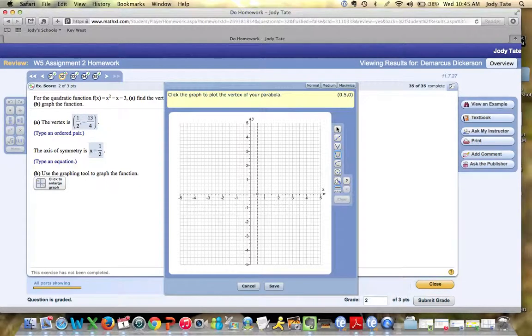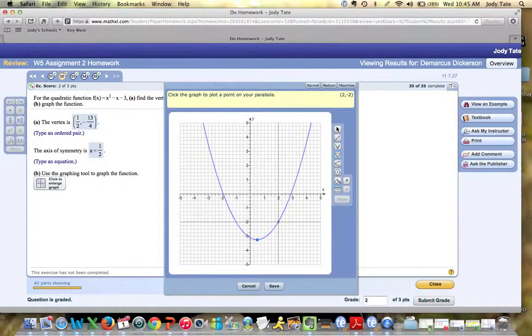So I know I want to stay at 0.5 for my x value, and I need to go down to negative 3.25. And so I try to stay on this 0.5 and keep checking in that yellow box to make sure you're staying at 0.5. I know it kind of wiggles on you. So now I need to go to negative 3.25. So if you look up in the yellow box there, I'm right at (0.5, negative 3.25). So click, and you've got your parabola. Now, don't click off of it. You can just move this, and you can see when I'm moving my cursor, it's creating different shapes,